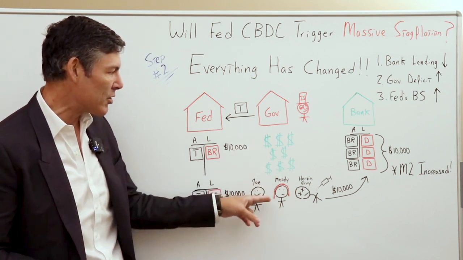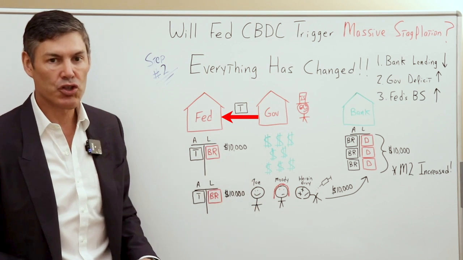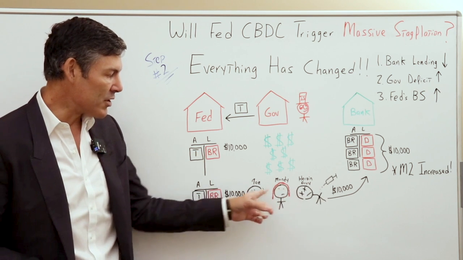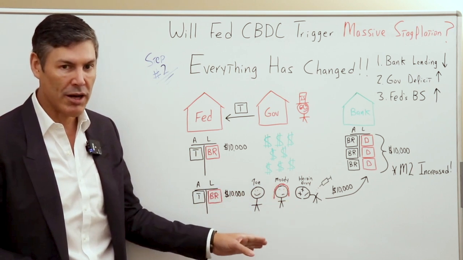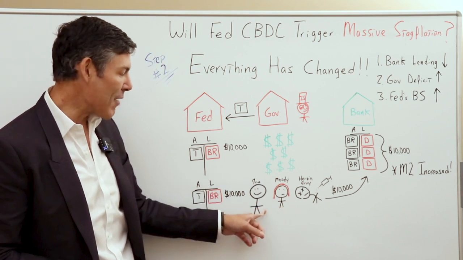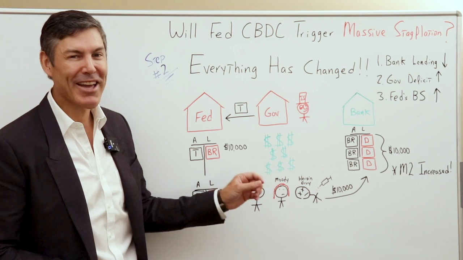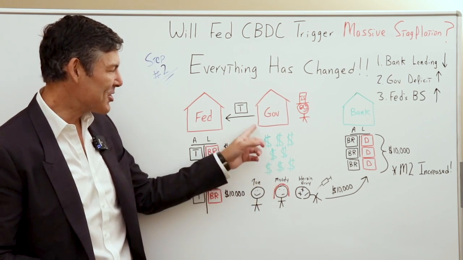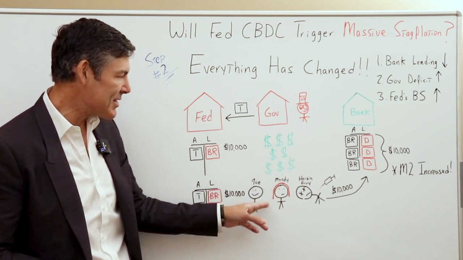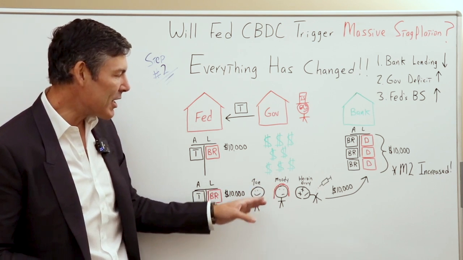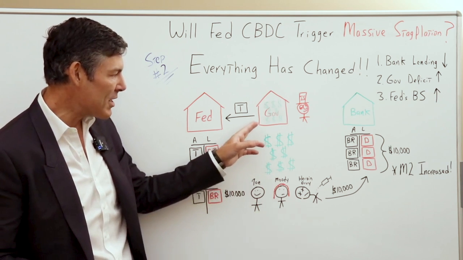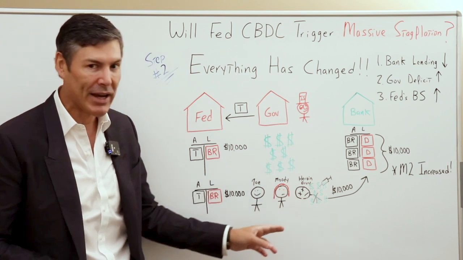Well, how do they get the money to do this? They have to sell treasuries. Usually, what would happen is the individuals and entities in the real economy, most likely not Moody or heroin guy, but maybe the average Joe, would buy those treasuries from Janet Yellen when she issues them at auction. So they would buy the debt. So they would give the money, if you will, or the dollars to the government, and then the government would spend those dollars and redistribute them back into the economy.